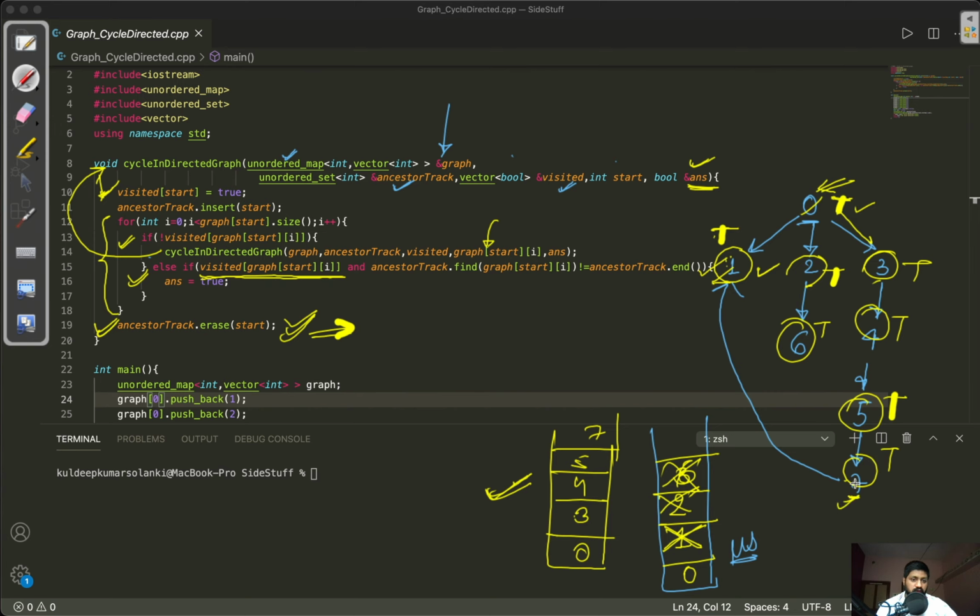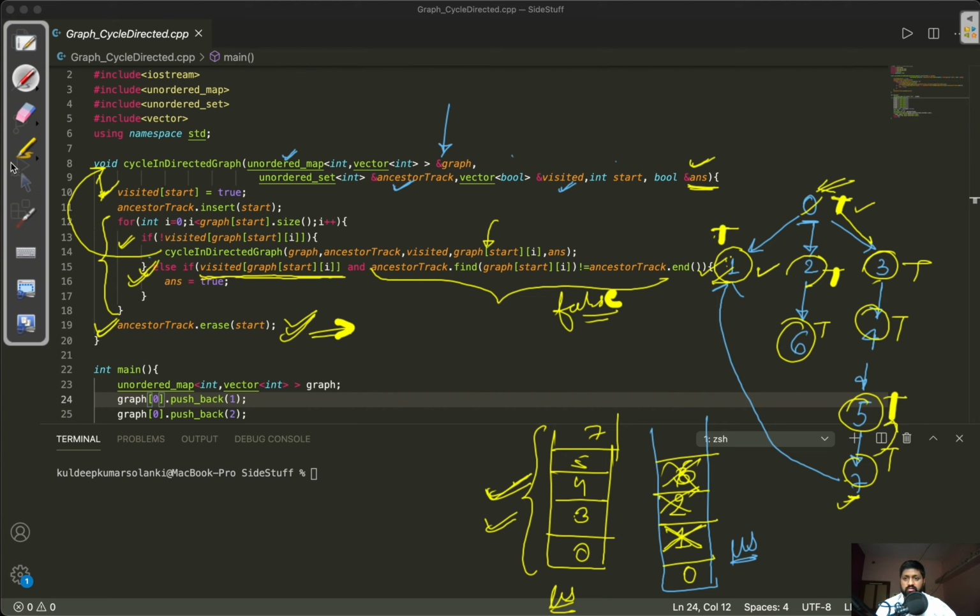If this is an ancestor of node 7, then it must be present in this unordered set, but 1 is not present in this set, so this condition will become false. So this else is not executed and it will backtrack. Okay, so in this case there is no cycle.